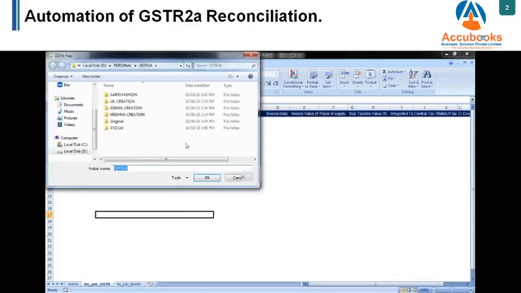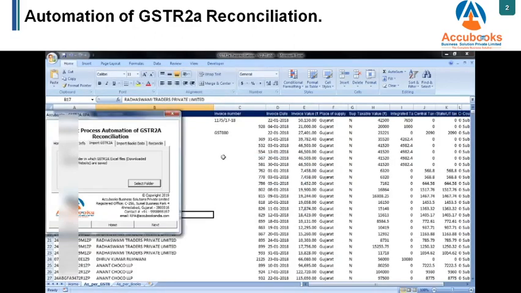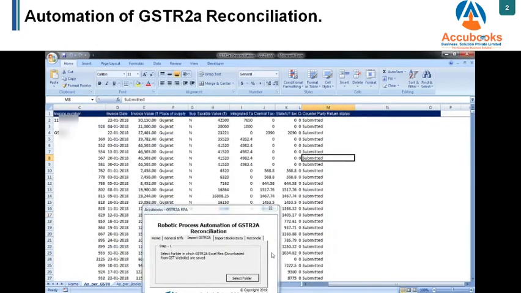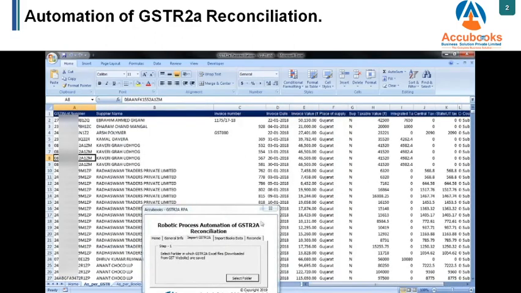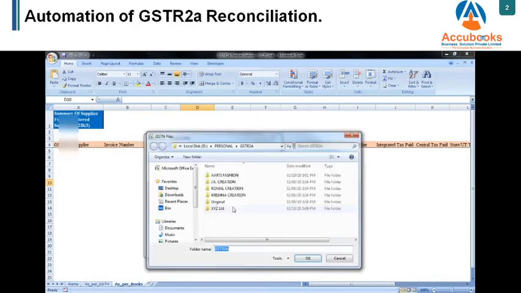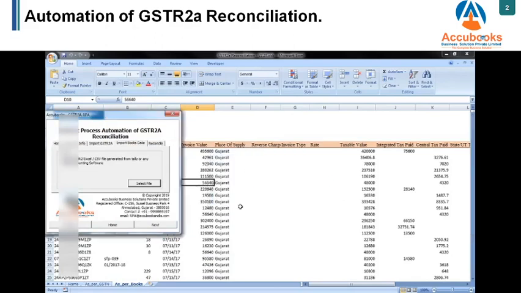I will click on select folder and select the folder in which I saved the data from the GSTN website, and when I click on OK, the data will be imported. See how quickly it imported all the data in the required format. Now in the same way I will import the data from the books. I will select the folder and OK. See, the data is imported.